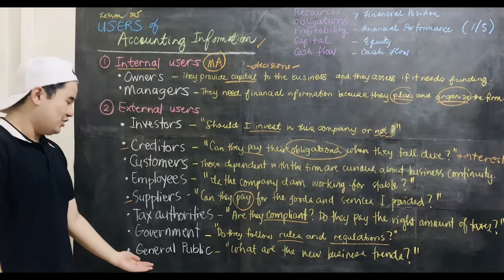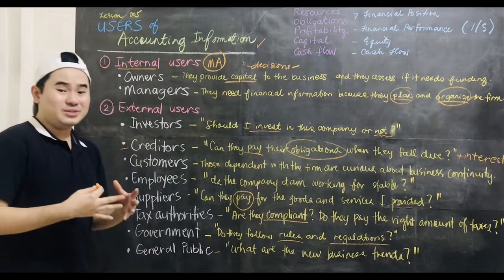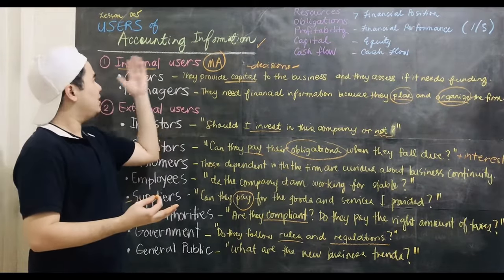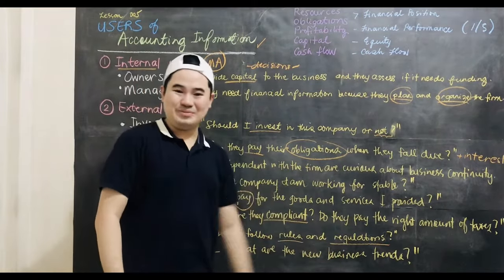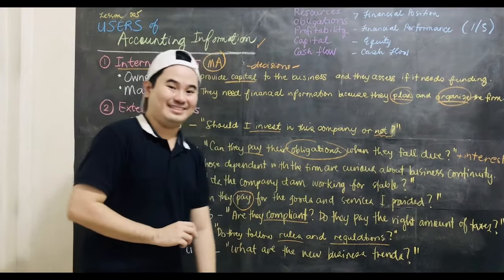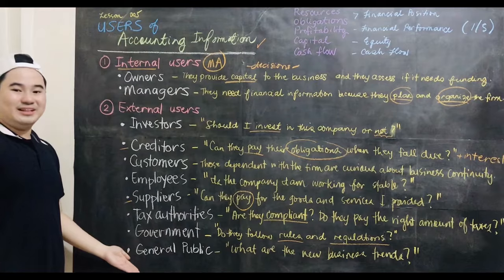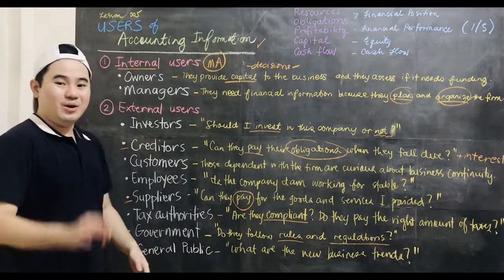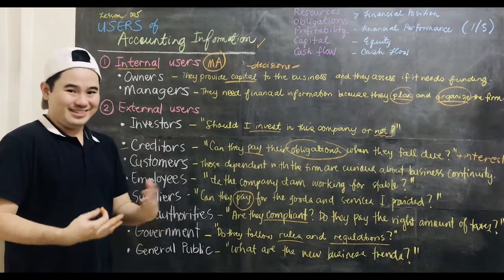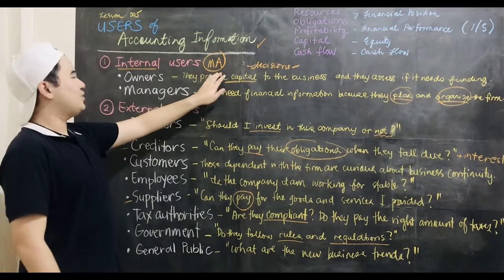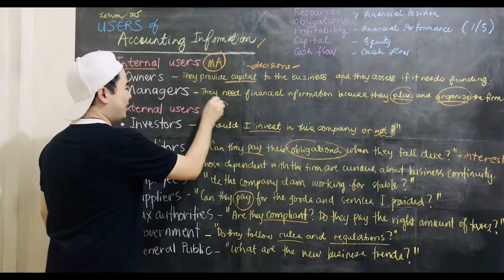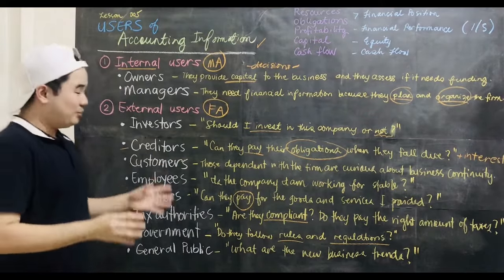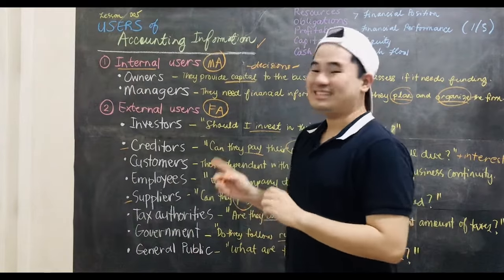And lastly, the general public. Someone who is curious about a business firm can look at accounting information. And also, what are the new trends in business? That can also be answered by that. Now, looking at these external users of accounting information, what they need is information about the business in totality. So, if managerial accounting information is for the use of internal users, then for external users, we can give them financial accounting information. I hope that you understand today's lesson, and our next lesson would be